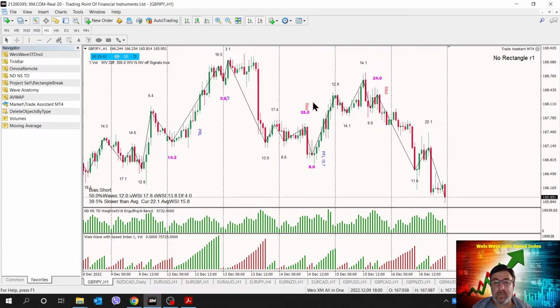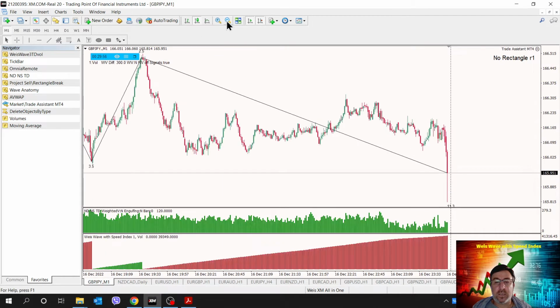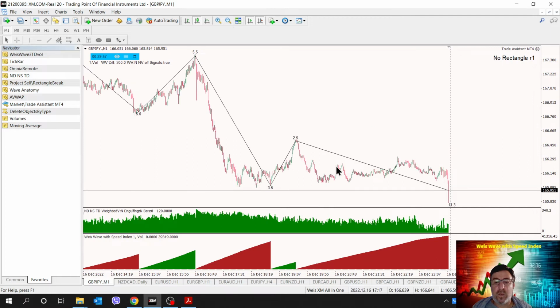Already here we are missing some swings, but let's look at what is going to happen if I switch to 1 minute from 1 hour. Okay, now look at this. All right, so we are missing lots of swings.